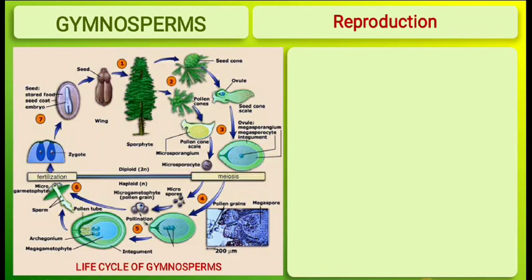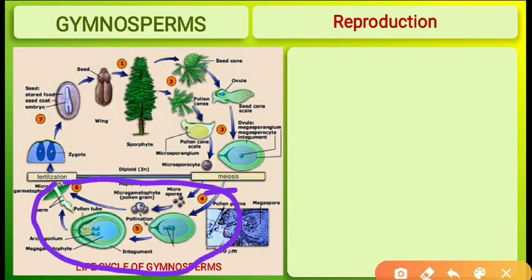Then here the life cycle is given, that is alternation of generation. Remember, here is the meiosis. After meiosis, this whole process is the gametophytic stage, because